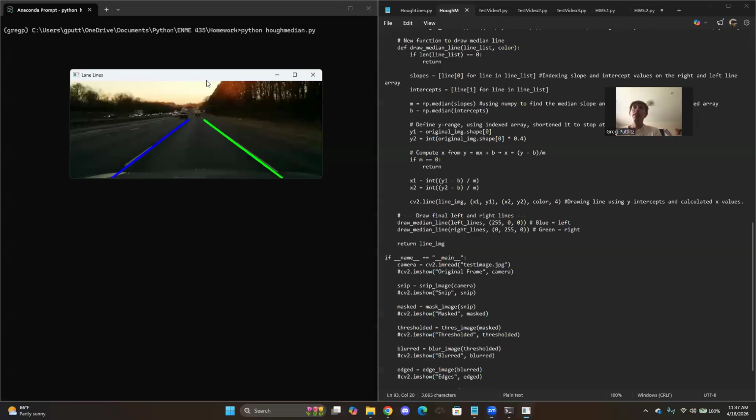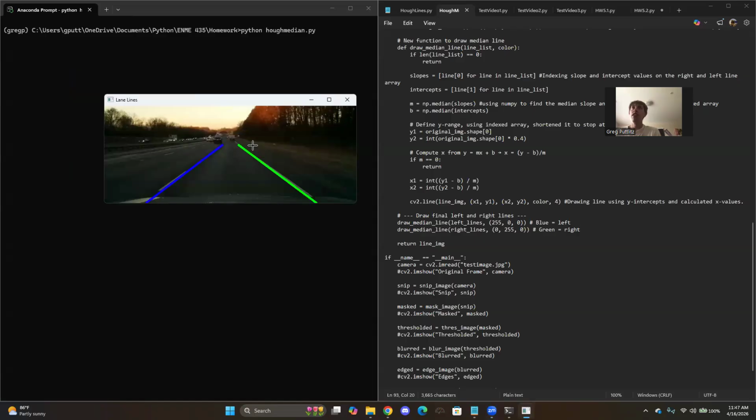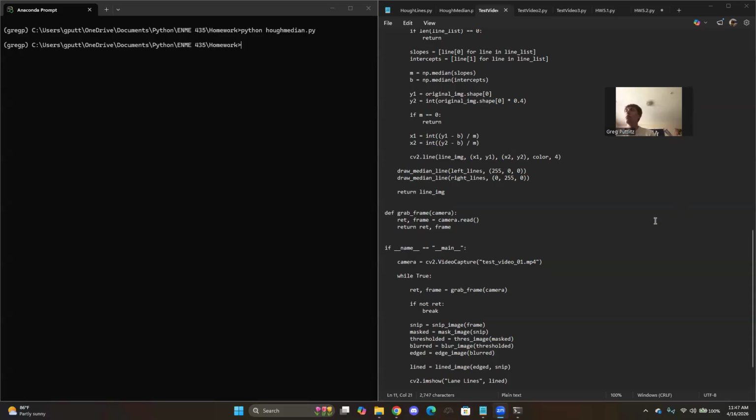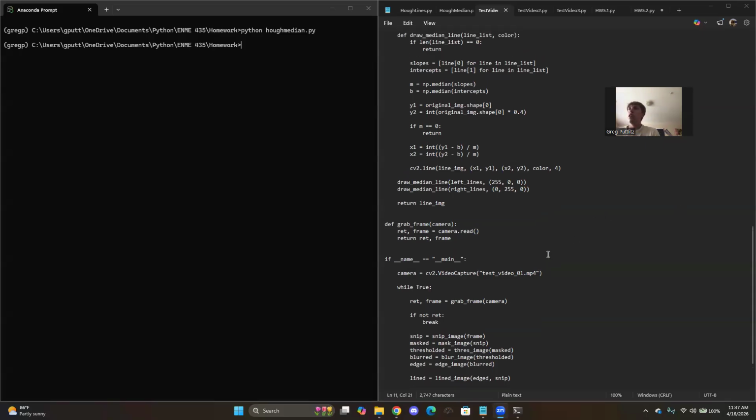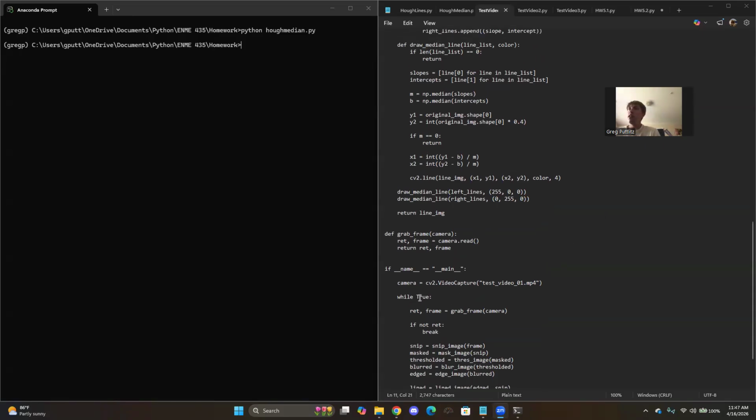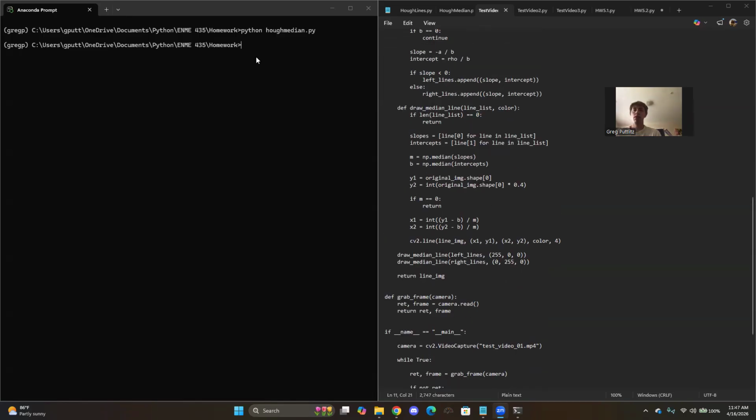So once I run this, I will get 2 very distinct lines on the left and the right that would detect if it is within these 2 lane lines on the right and left in green and blue, respectively. So then, using the cv2 video capture that we have in the lecture slides, I could then test this on the first test video. So if I run that,